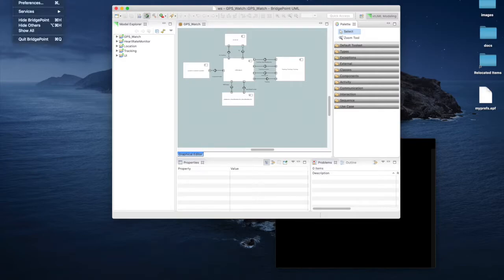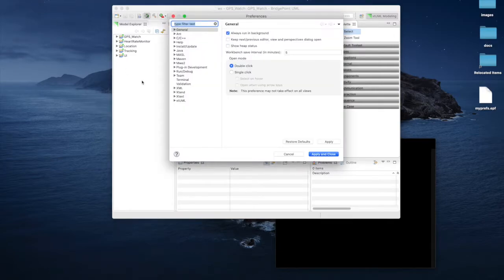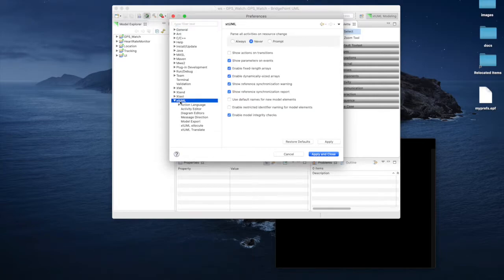So on Mac, we open the preferences here. On Windows, the preferences is under the Window file menu. Once the preferences are open, we go to the xtUML section, and this section includes all sorts of options that obviously affect the way BridgePoint works and the way different features behave, and we've broken them down into various categories here,